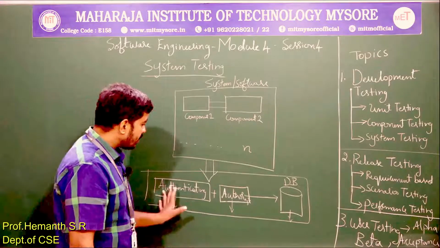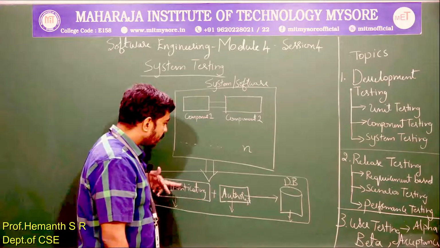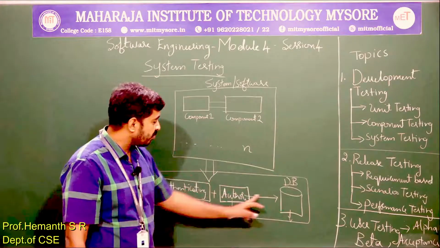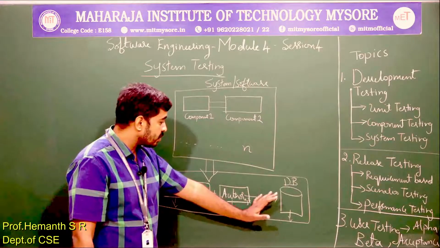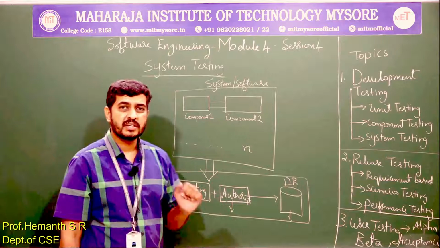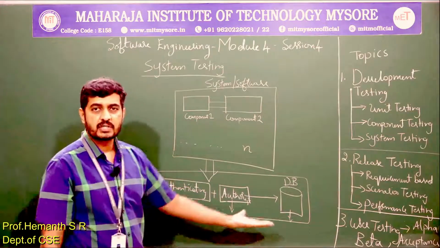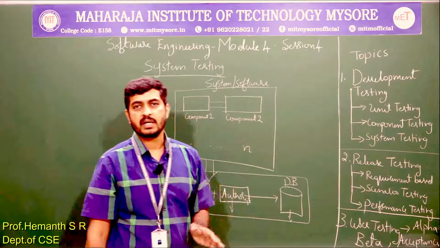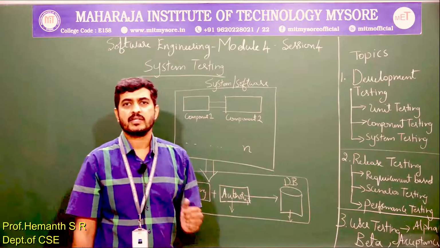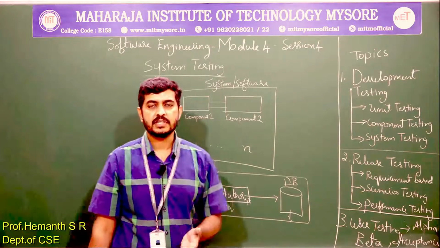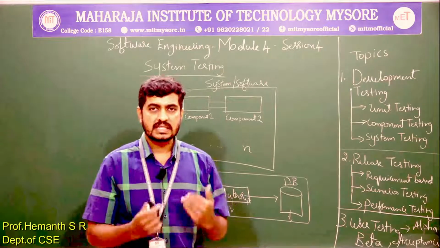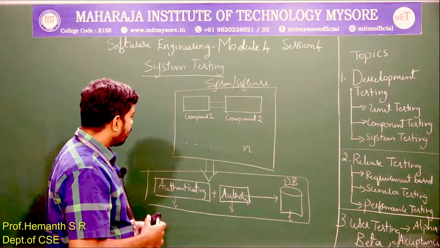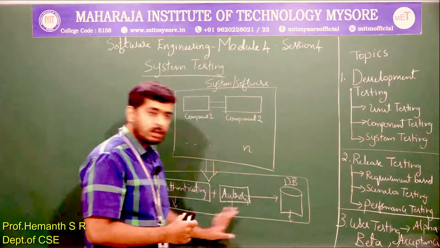Like, I will give my credentials. Once I give my username and password, we need to have an interface to the database. The database will verify the credentials, and based on the credentials and the authorization given to the user, we can perform appropriate actions on the database. So all the components will work together in synchronization, and finally we will experience an emergent behavior. The emergent behavior in this case is the user accessing the database and doing the required manipulations. In this case we are testing the system as a whole.